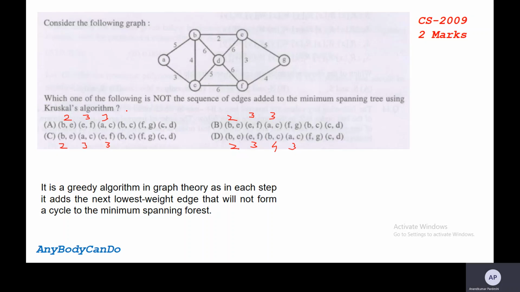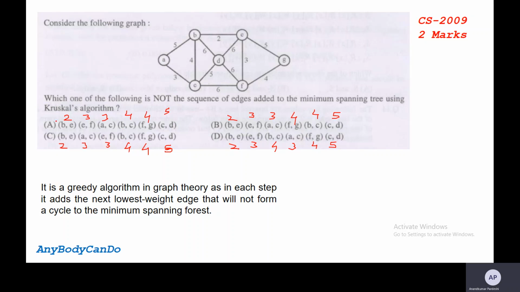B to C is 4. F to G is again 4. C to D is 5. So F to G is 4, C to D is 5, and B to C is 4.